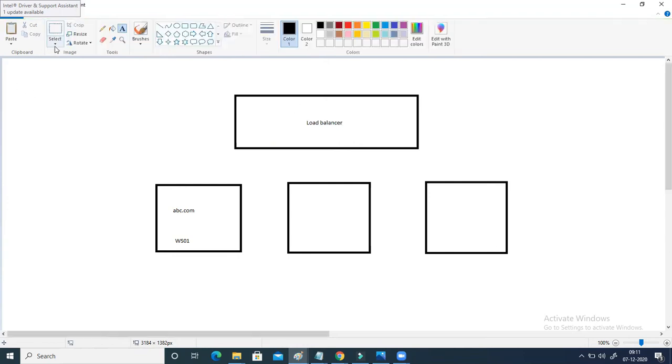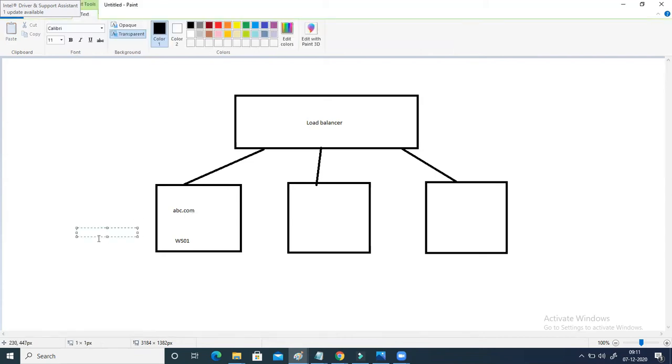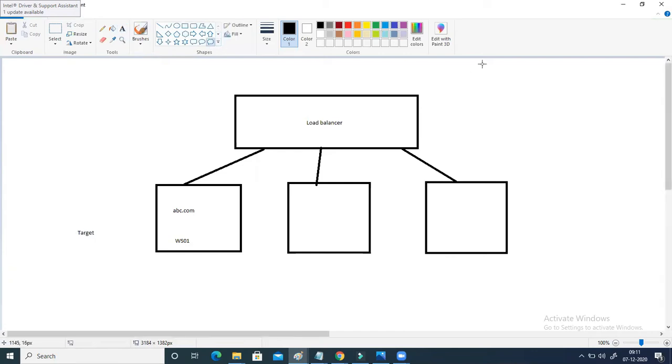And we are going to attach these targets to the load balancer. The technical term for the server now is a target. So we will attach these targets to the load balancer, and this load balancer will face toward the internet.